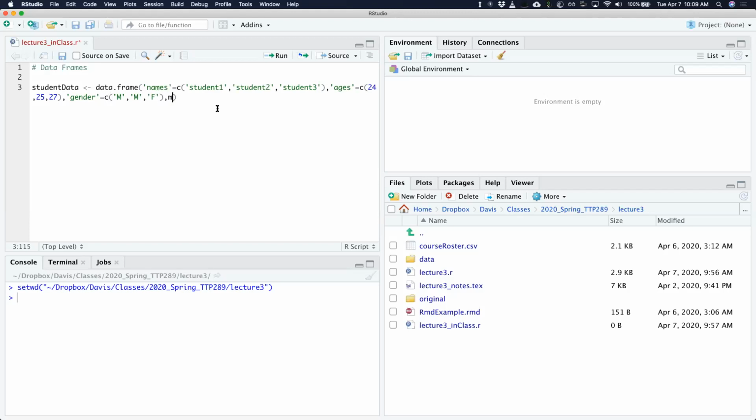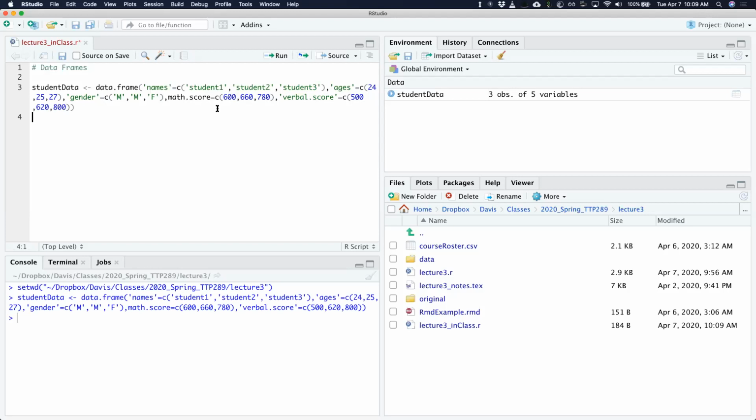And we'll have something like a math score column. And a verbal score column. This might be something like a SAT type test. Okay, and so if I go ahead and run this,